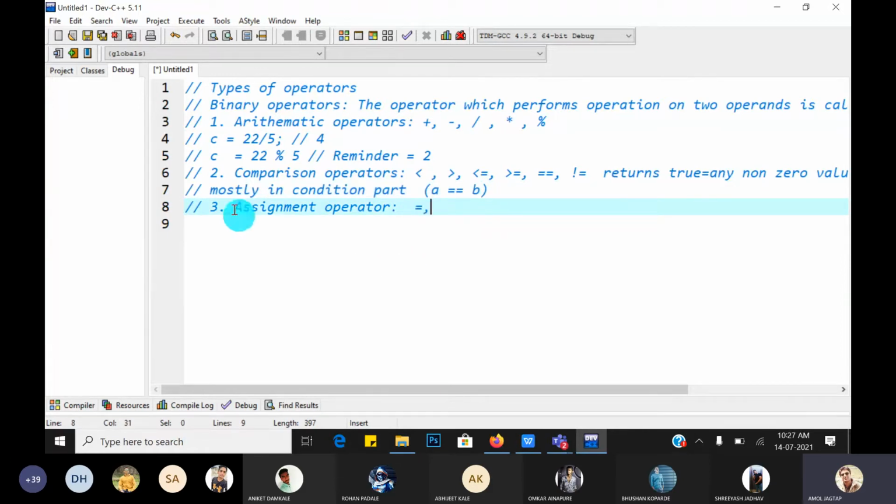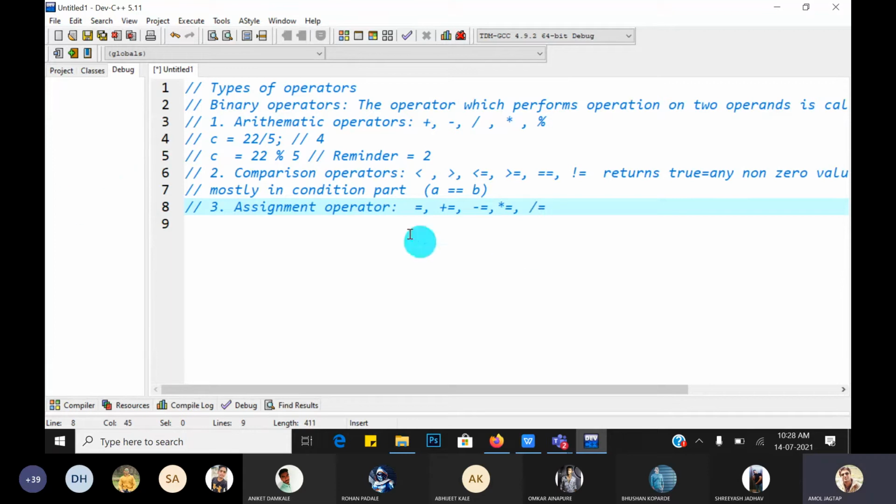So what does the assignment operator do? The right hand side value is evaluated, and this value is assigned to the left hand side variable. Assignment operators are of different types, for example plus equal, minus equal, multiplication equal, division equal.